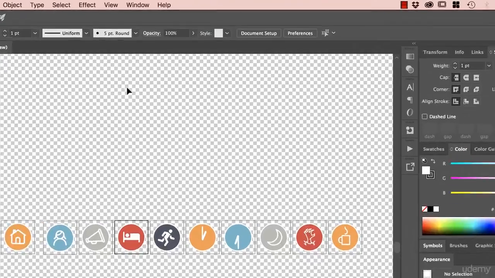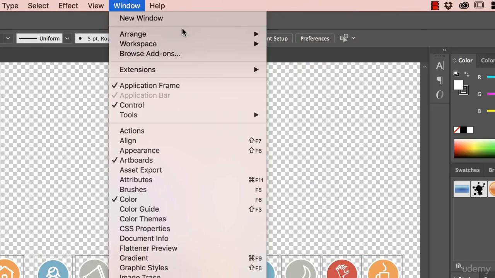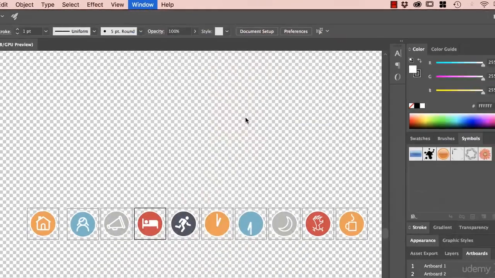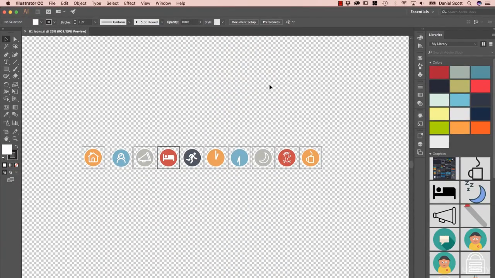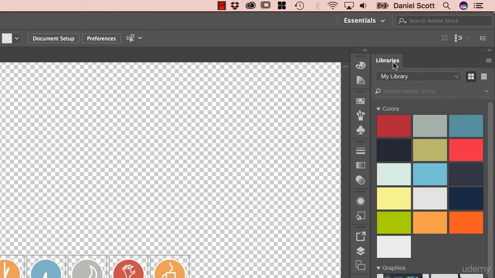But what we're going to do is reset our workspace just to make sure it's like yours, so we can get started. Reset essentials. Now the first thing we want to do is look at something called libraries. So you might be using the Adobe Creative Cloud now, but ignoring these libraries. They keep popping up and you're like, go away. This is the video that's going to convince you that they are super awesome and you should start using them,